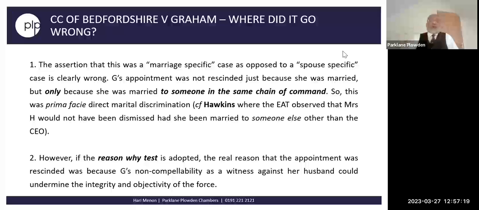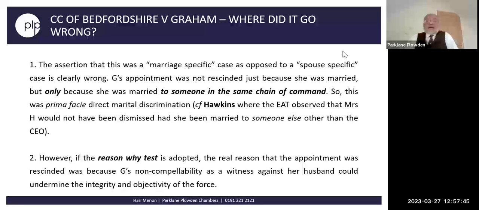For example, if you look at Hawkins, the EAT said that Mrs. Hawkins would not have been dismissed had her husband not been the CEO. So by parity of reasoning, applying the same reasoning here, the case of Graham was wrong on that point. However, in the result, if the reason why test is adopted,